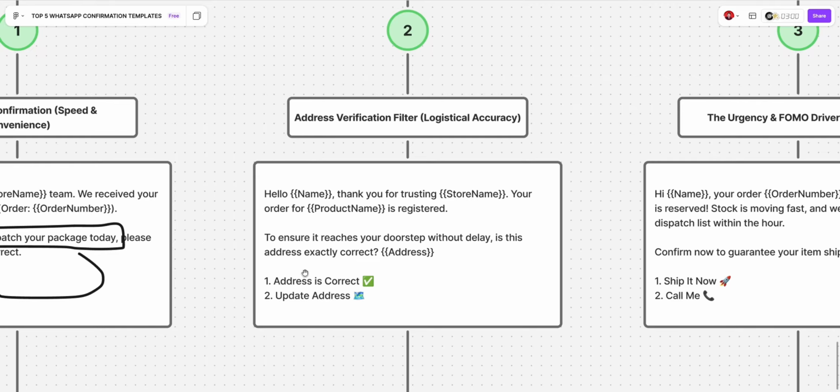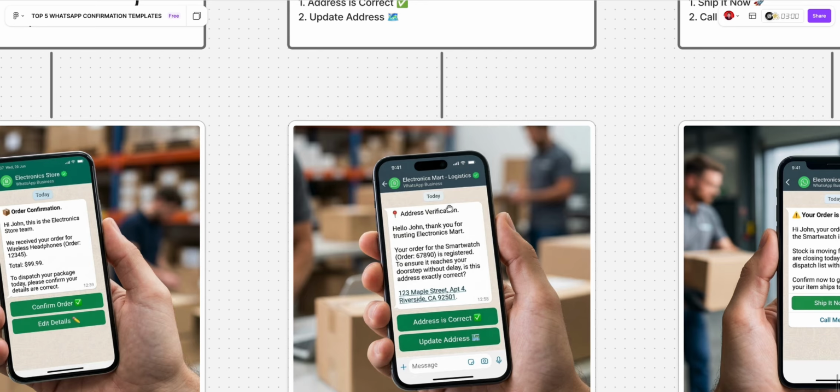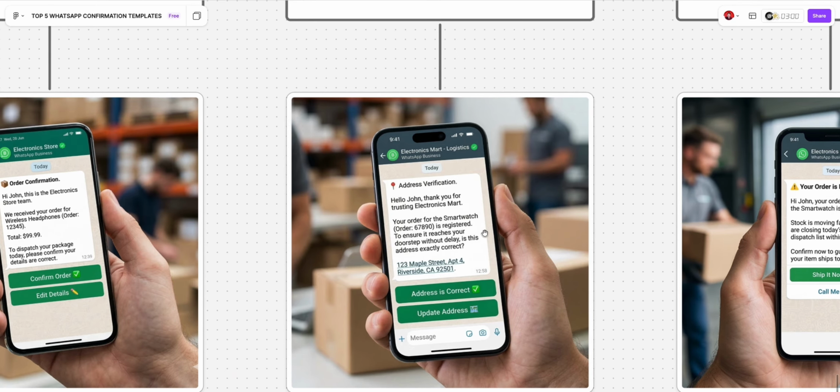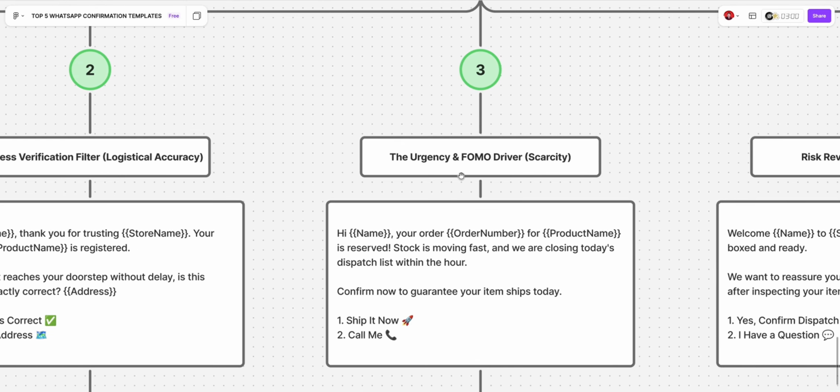The address is correct. These are two buttons, update the address. Okay. So this is how the confirmation message should look, something like this. Now let's move on to the third template, which is the urgency, sorry, FOMO, or fear of missing out